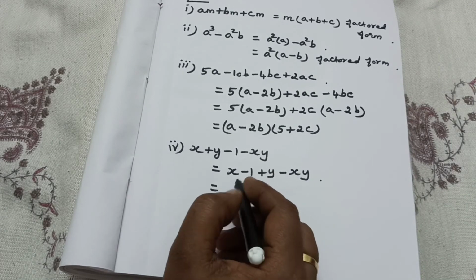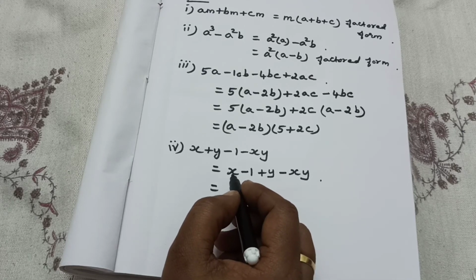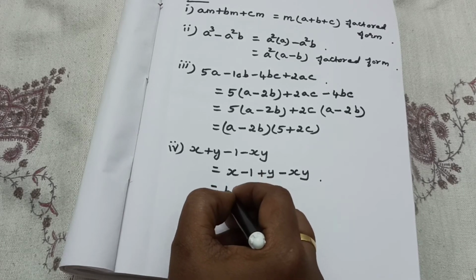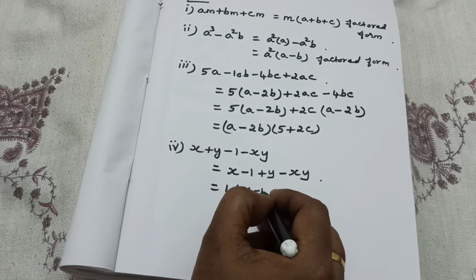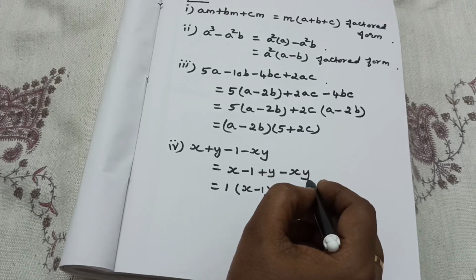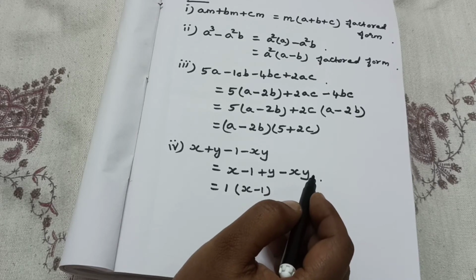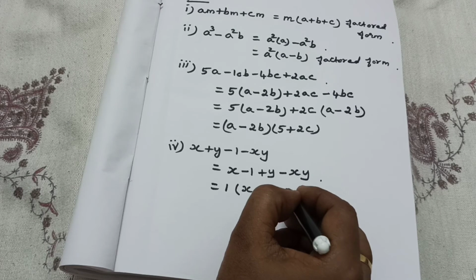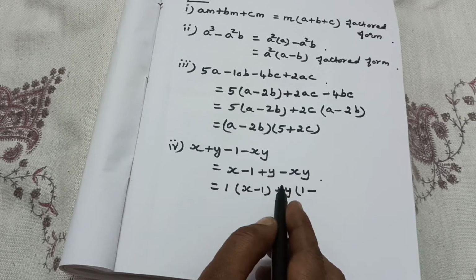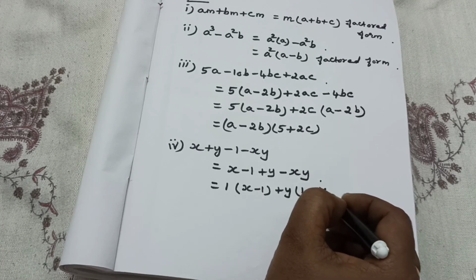Okay. Here which is common? Then x minus 1. This 2, which is common, 1 is common, isn't it? That 1 we have to take common outside, remaining x minus 1. Okay? This 2 take it, which is common here? Y is common, isn't it? Y minus xy is there. Here which is common? Then y is common, isn't it? Plus y into 1 minus, if you take y outside, here 1 is there. Y into 1 is y, isn't it? Minus y we took outside, remaining x is there.